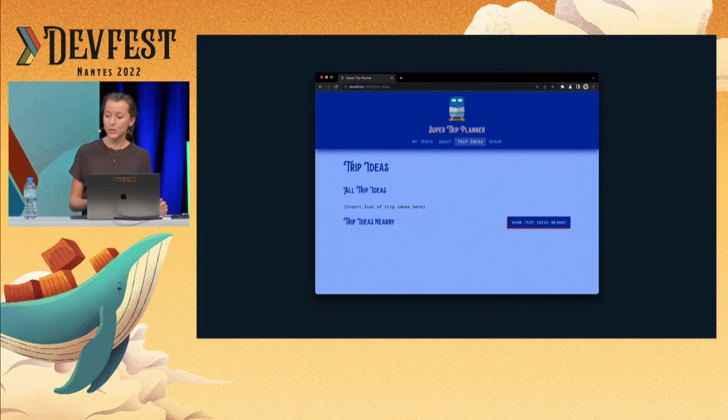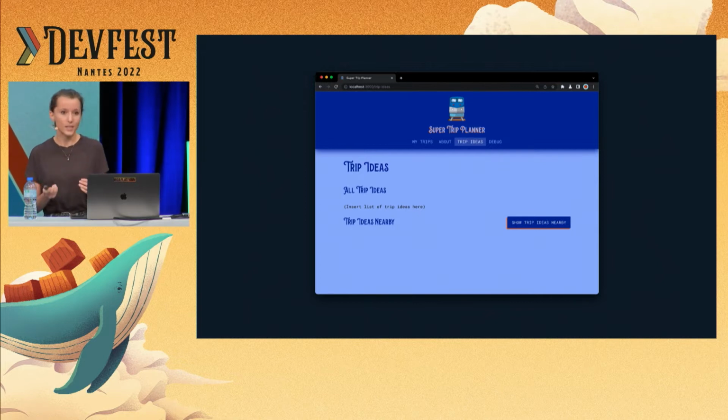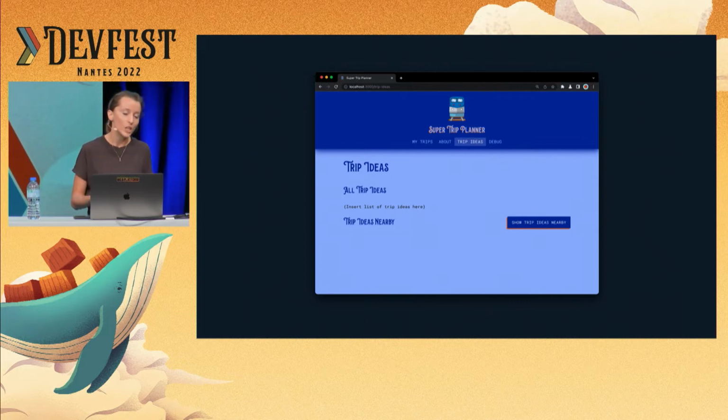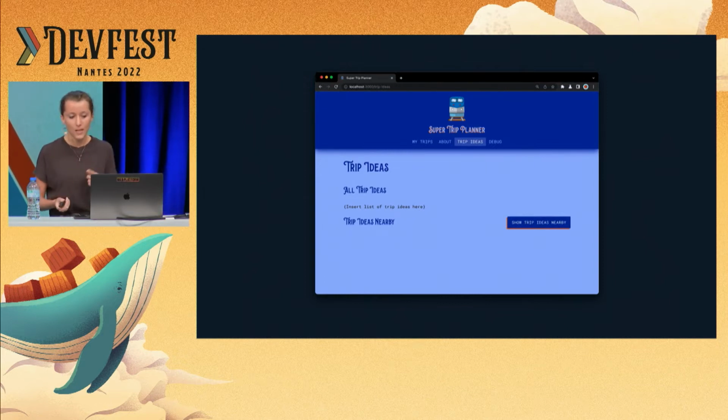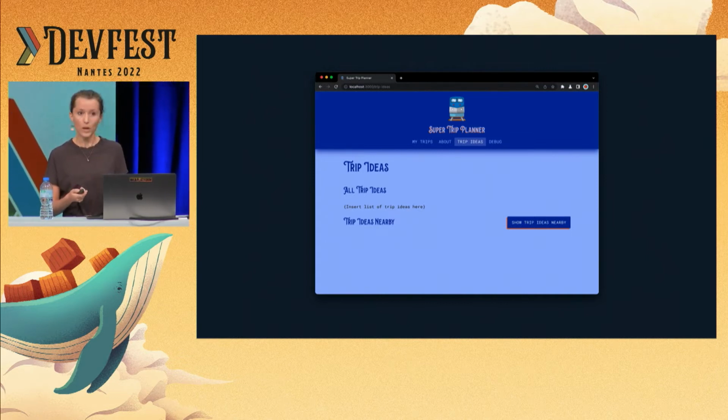So here, this is what we could do instead. Sorry, no code to show here, but it's a little trick. Instead of requesting location on page load, we could request it when the user clicks the button, show trip ideas nearby, if they ever do, as you can see here. So this is less disruptive. It's also tied to user action, so it makes sense to users why we need their location at that specific moment. And ultimately, which is what you want, it makes them more likely to grant the permission.